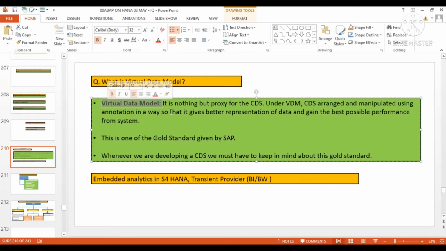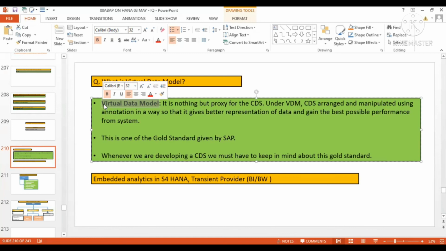So whenever you want to use a CDS for a specific purpose, you can go and directly reuse that one. So using the virtual data model concept, reusability gets improved and modularization, these two important aspects of the virtual data model: